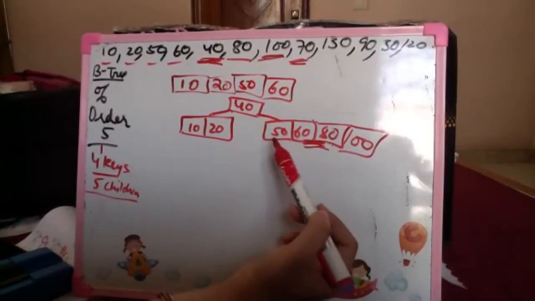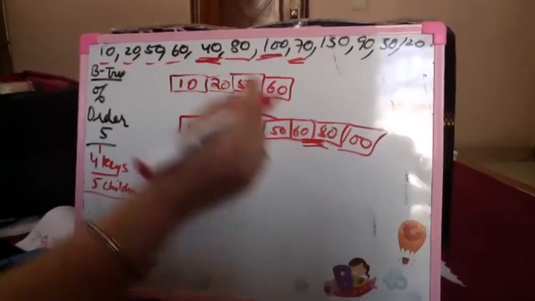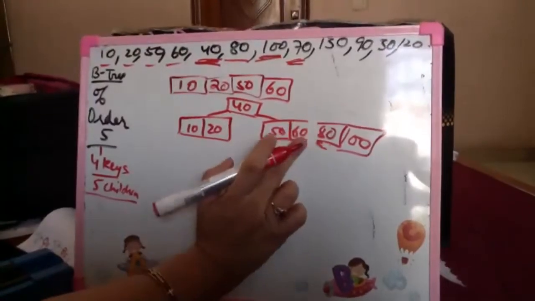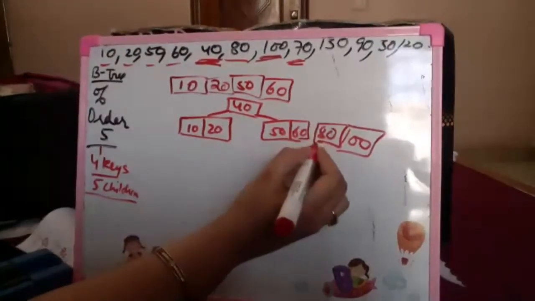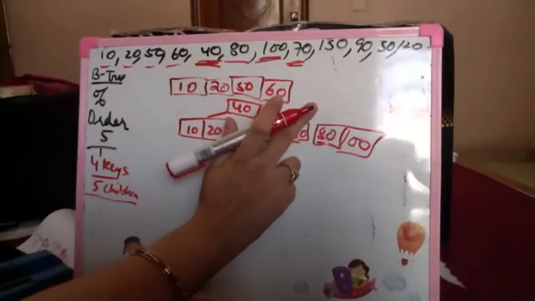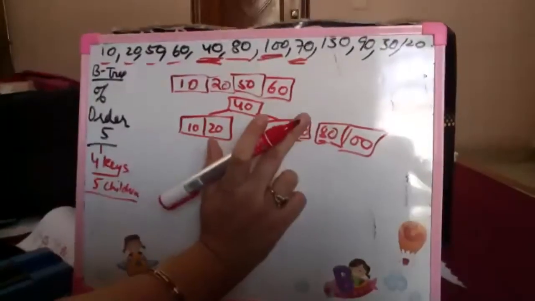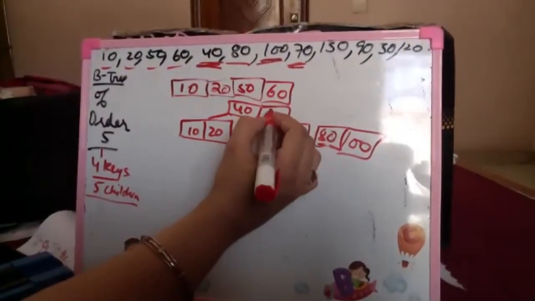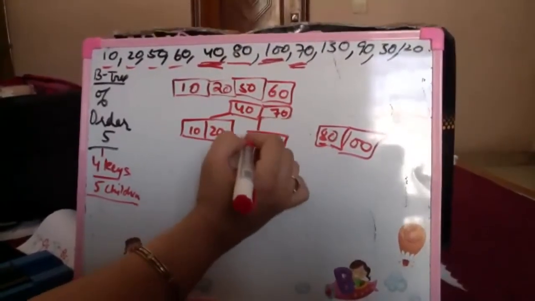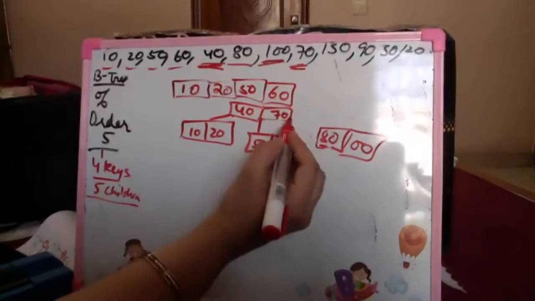But the number of keys again will exceed the maximum possible number of keys. In that case, this is split. Again, how is this split and where would the parent go? It is split in two parts from the median node, which again comes out to be 70. Now 70 goes to the parent. Parent still has space. I am not creating a new parent here. Please understand, 40 is the only key in the parent node. It still has space for 3 more keys. So I have a 70 over here, and I split these. 50 and 60 come between 40 and 70 because I was splitting from the median, and after 70 this will come.